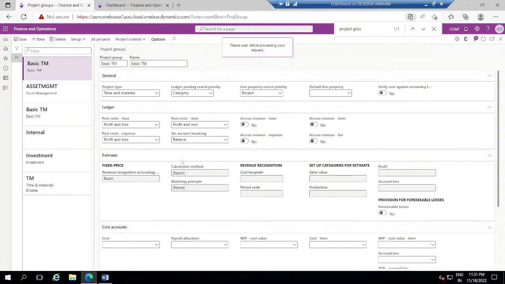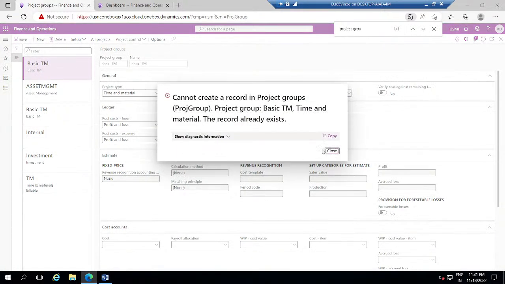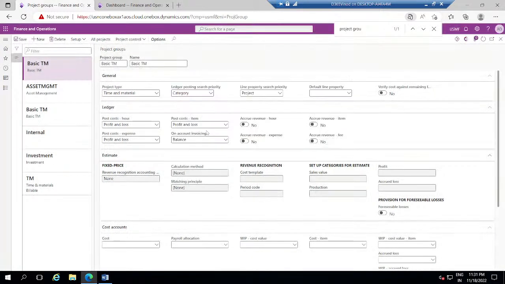We'll discuss these fields maybe in future episodes. I already gave time and material basic with the same name, that's why it's throwing an error message. So I'm saving it as time and material one as a project group,